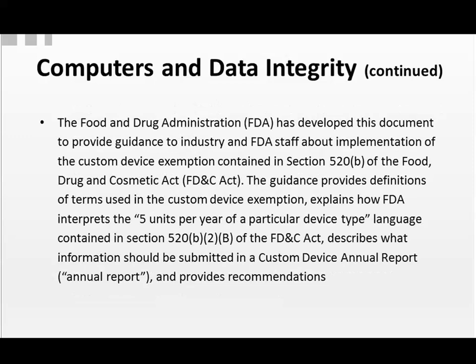Now, the Food and Drug Administration developed their guidance for industry and FDA staff. They wanted to have a special one that was about the implementation of a custom device exemption that was part of the FD&C Act. It's about custom medical devices. This is a specific one that relates to one type of product in industry. But it's just an example of the number of types of guidance documents that are out there on the FDA.gov